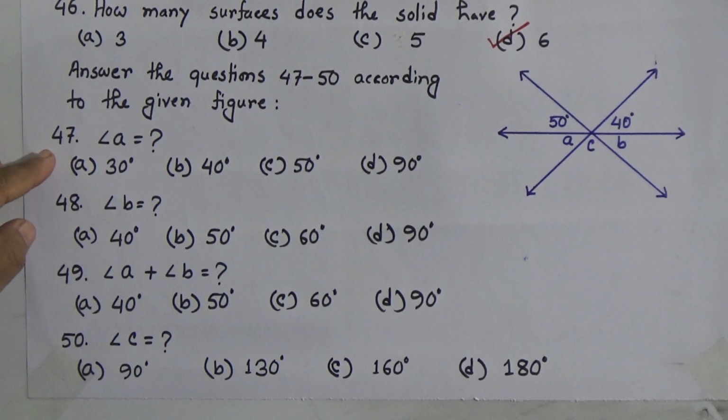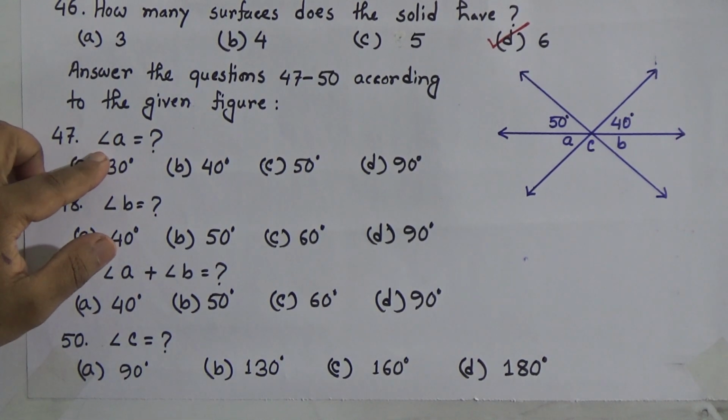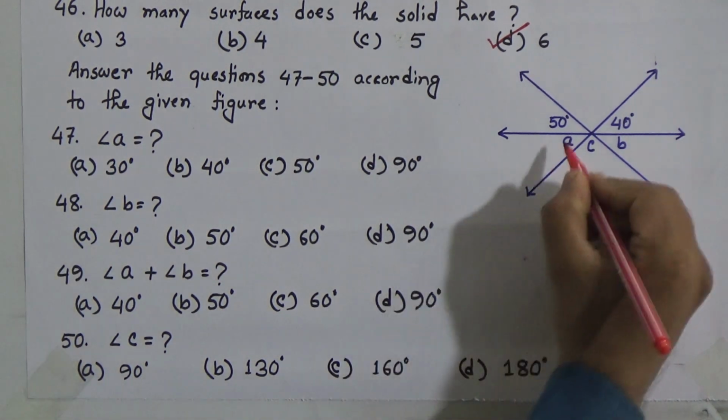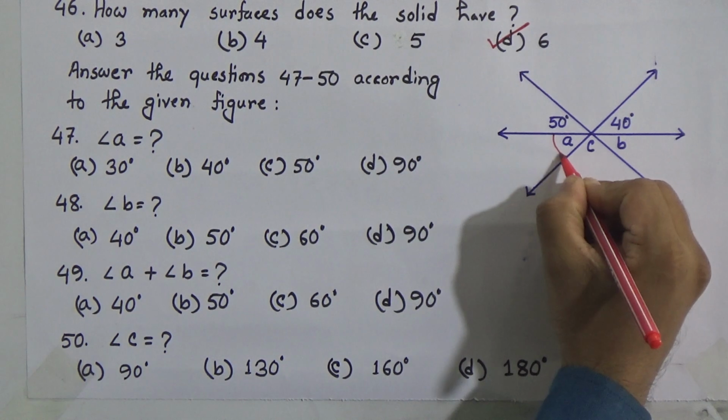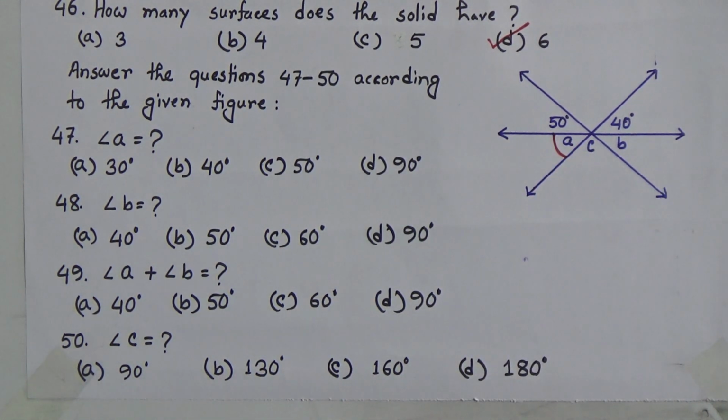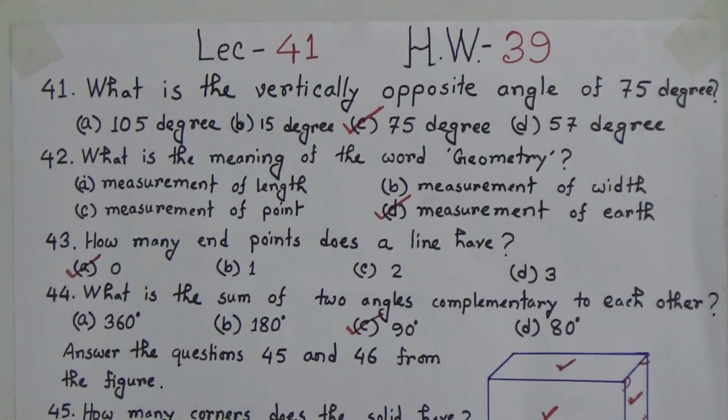So question 47 says, what is the measurement of the angle A? We have to find out the measurement of this angle A. Okay. You know that we learned this before. We know that vertically opposite angles are equal. In question number 41 we learned that vertically opposite angles are equal. Okay. And from this figure